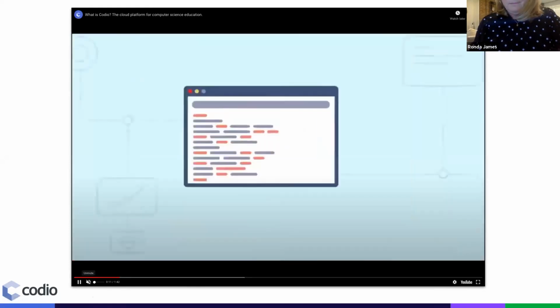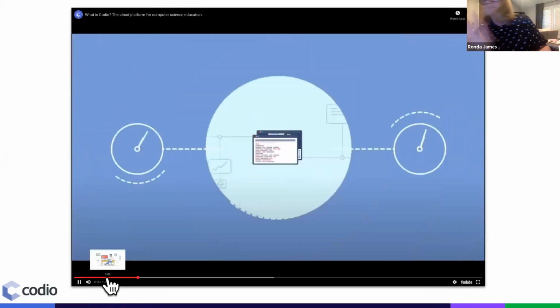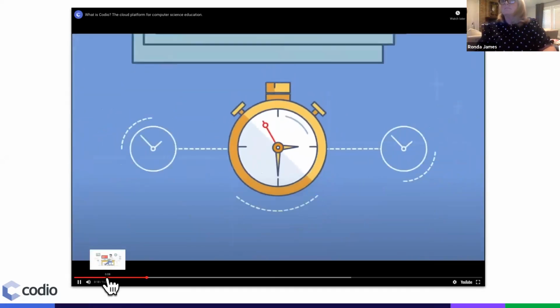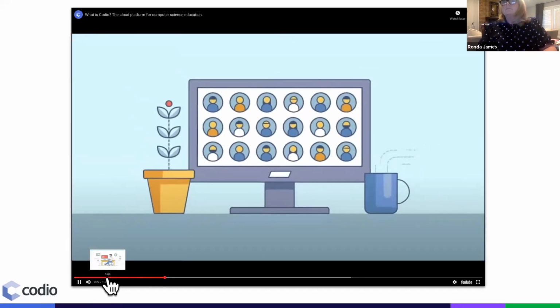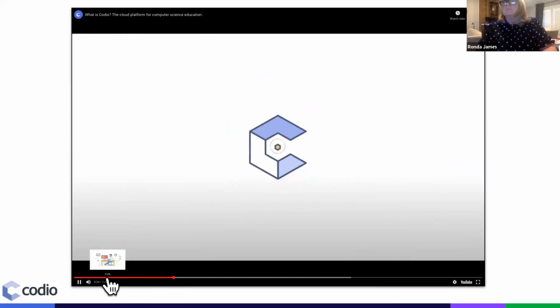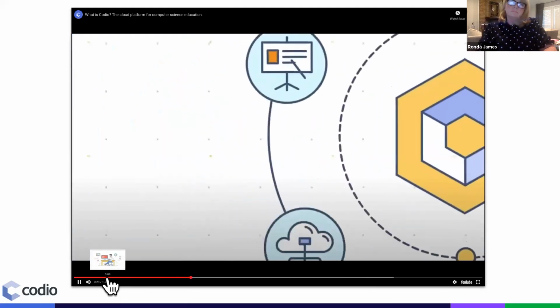Hang on, guys. Waste time moving code between an IDE and your LMS. You need a platform that saves you time, cuts costs, and scales with your enrollment. What you need is Codio. It's a complete solution with the tools you need to teach computer science.